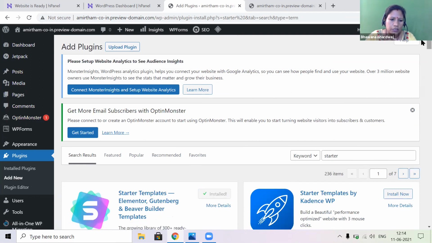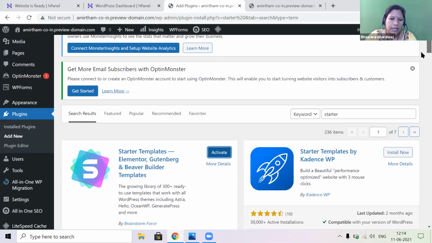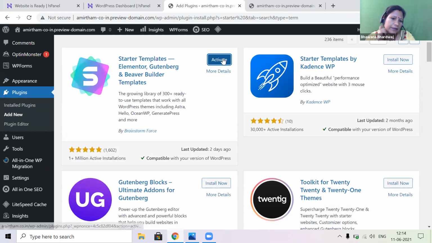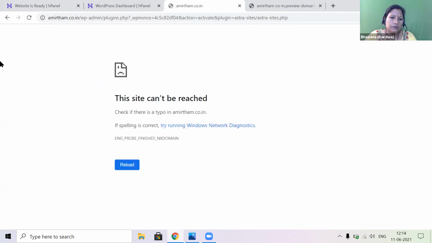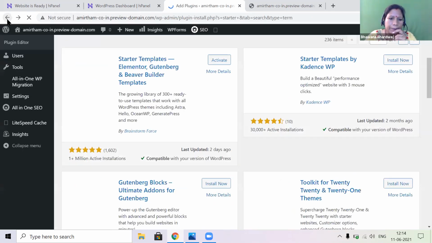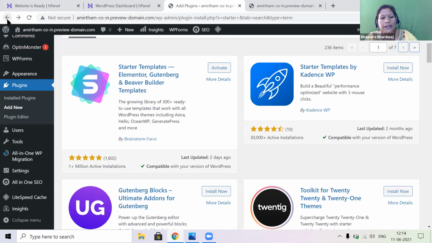Click on install and then click on activate. Activation is not able to reach your domain name. So let's wait for your domain name to link with your hosting. This is what we can do right now.